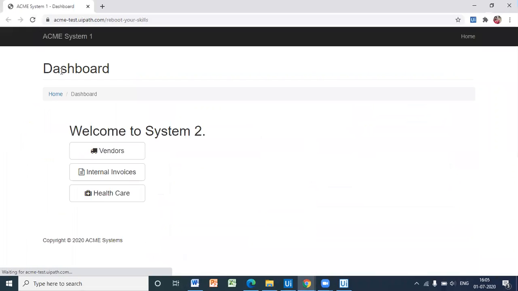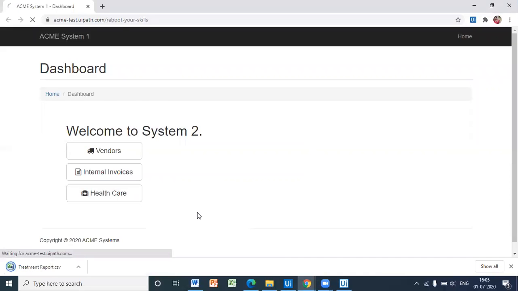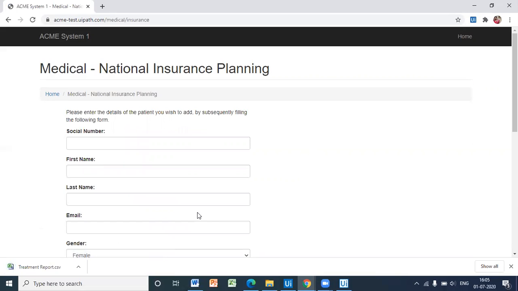Bot is running. So healthcare, we are downloading the patient details, then visiting the national insurance planning tool.